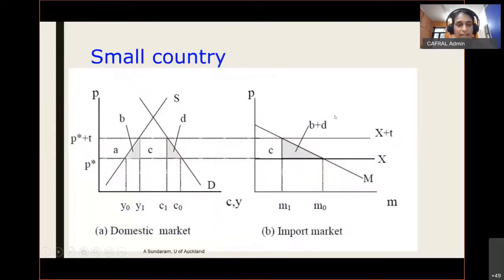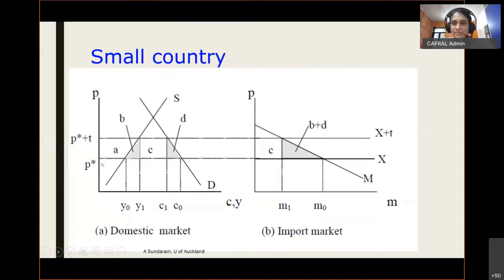Now, this diagram is probably familiar to a lot of people who have an econ background. On the left-hand side, we have the domestic market and we have the import market on the right-hand side. So we're considering a country that is importing at this point. If you look at the left, in the domestic market, P star is going to be the world price for that particular import. So if you think about India and a good that India imports,